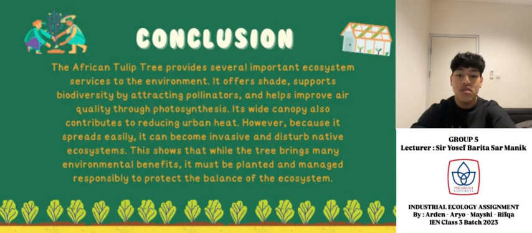Now, to close this presentation, the African tulip tree is a good example to show how industrial ecology helps us make smarter choices for the environment. Yes, the tree is fast-growing, gives shade, and can help with carbon capture or biodiversity. But it is also an invasive species in some areas, so we must balance the good and bad points. Industrial ecology teaches us to look at the full picture: how the tree affects the land, animals, water, air, and how we use its materials. In short, this tree is useful, but only if we use it wisely and not in places where it can cause harm. In some cases, it's better to choose native plants that are safer for the local ecosystem.